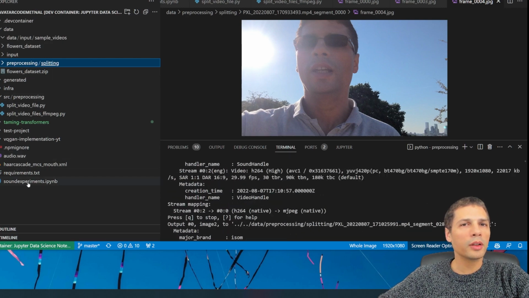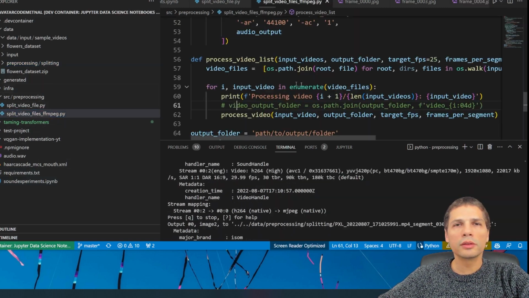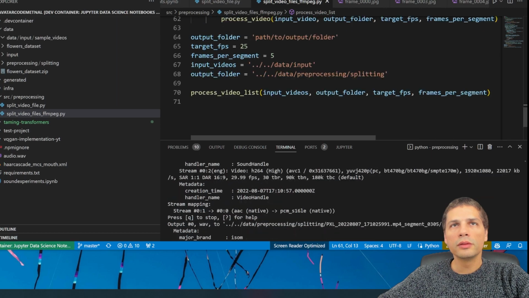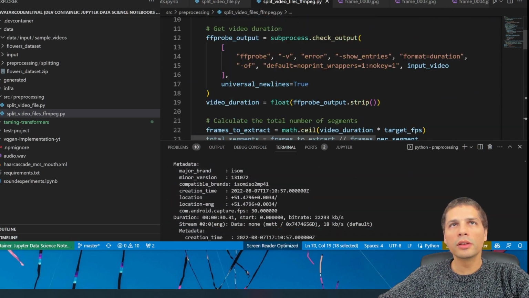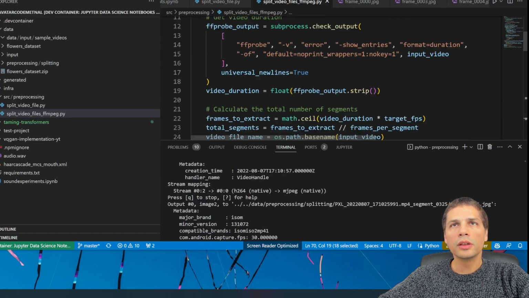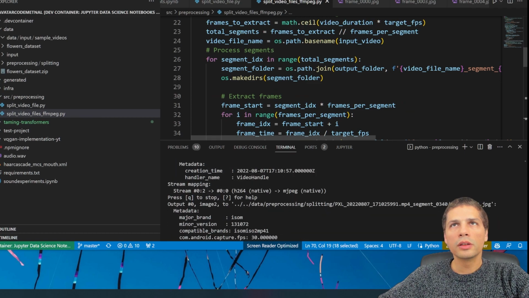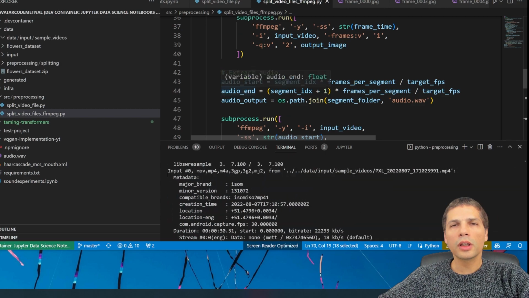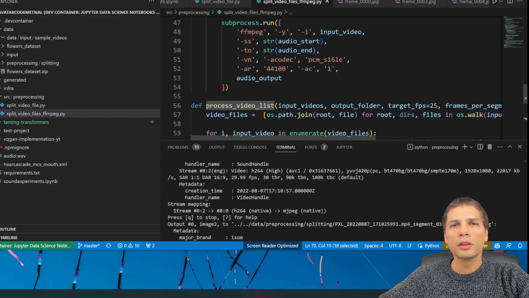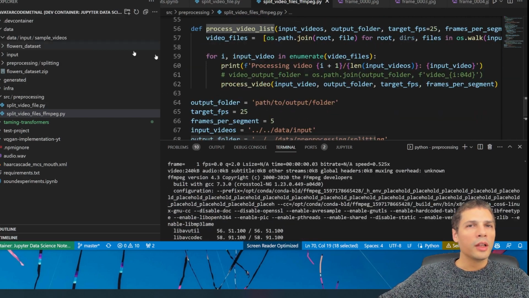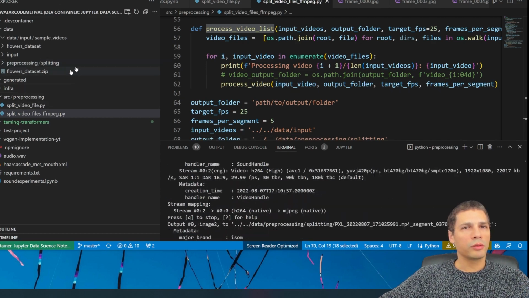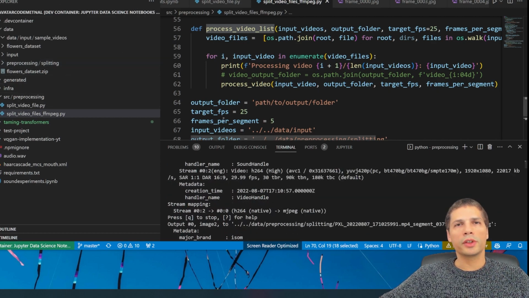I think it might be going over and over again the same list. Let's see. So process video files. Then, okay. All right. In the meantime, while that's running, I'll definitely have to improve this code because it's